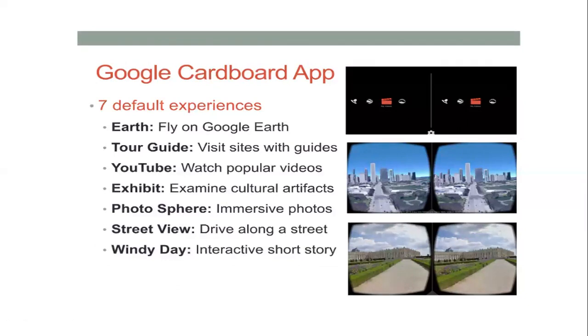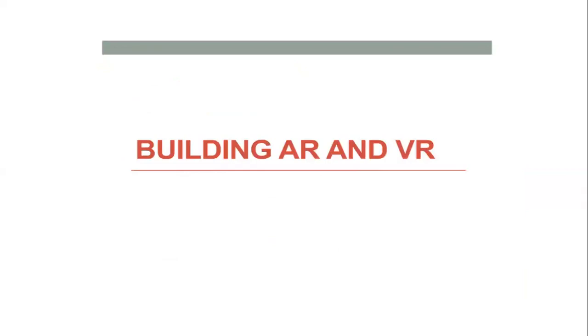If you want to reach a street view, you can view it like driving along a street. And if it was a windy day, you can make an interactive story, like the wind will be totally in a stitching type where you can feel it exactly.